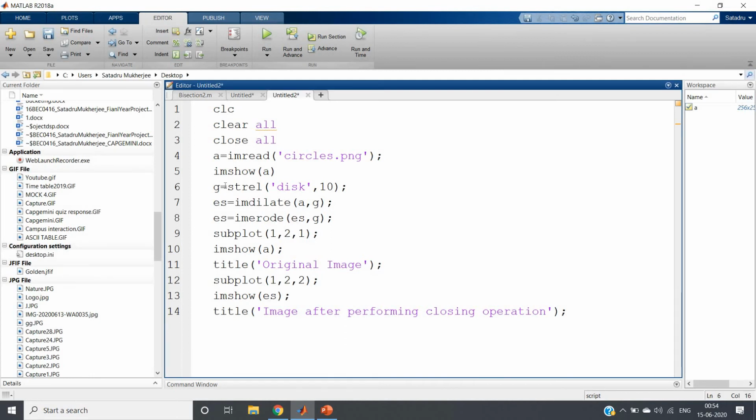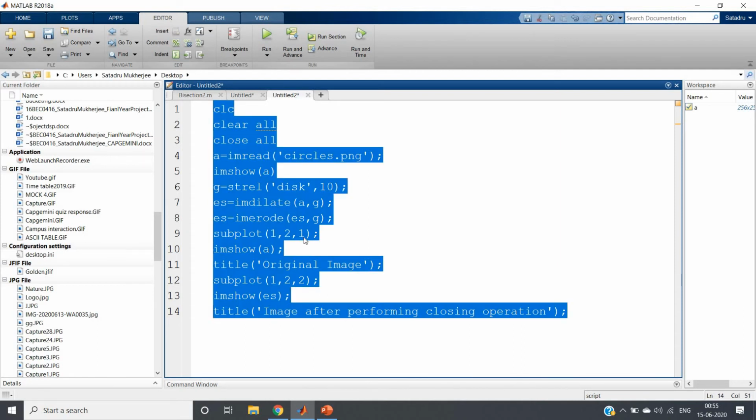As these are circles, I have taken a disk structuring element because a disk is nearly similar to a circular shape, with 10 as the second argument. Then I dilated the image and performed erosion on the dilated image, and I am plotting the original image in the first part and the image after closing in the second.